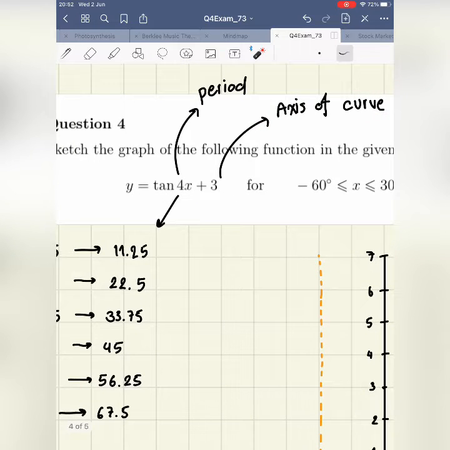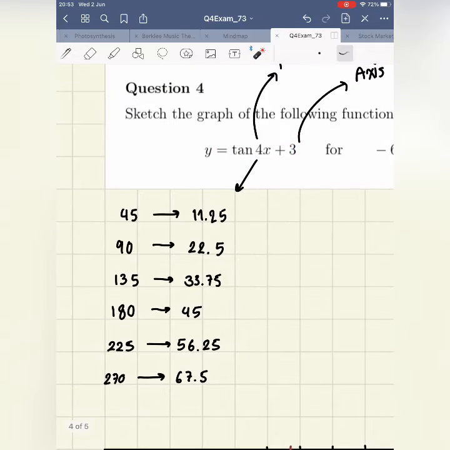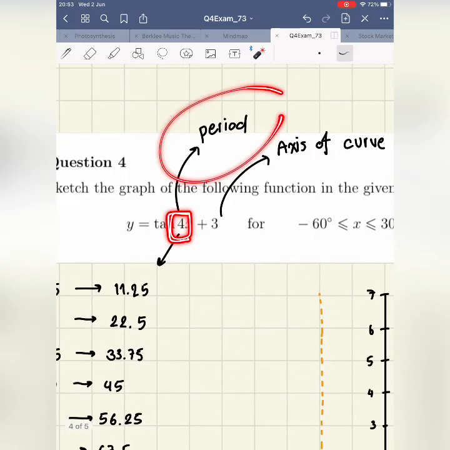And if there is a number here, it's going to be the amplitude. And in this case, where there is no number, we will write this as a 1. And when we add the amplitude here with the axis of the curve, we will get the maximum and minimum point of the graph. Now this number here is called the period, and it's going to tell us how many times